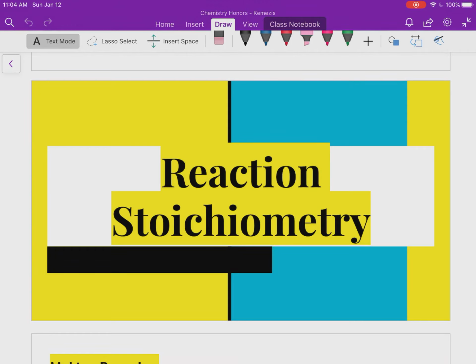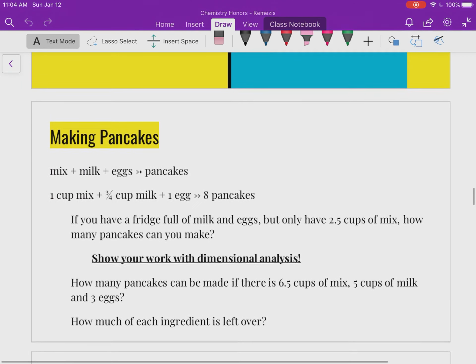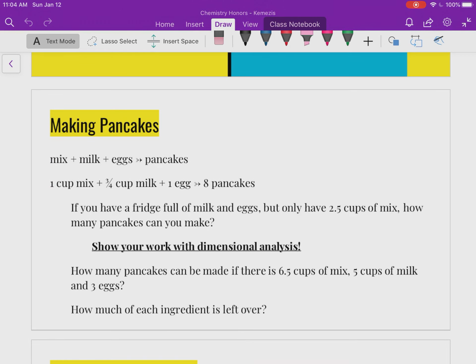Yes, so this video is about something called reaction stoichiometry, and stoichiometry to me is essentially dimensional analysis specifically with chemical reactions, but we'll get a definition a little bit further down. But before we get to the chemistry, I want to talk about this idea of making pancakes, and we're going to use this analogy to introduce this idea